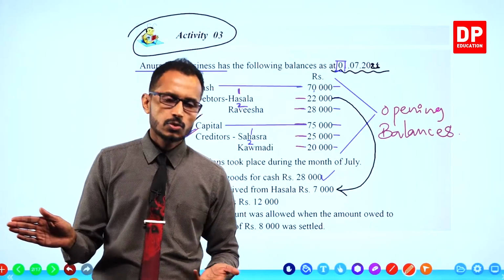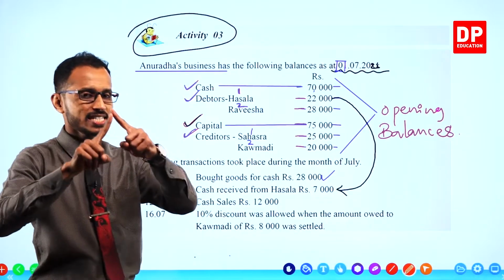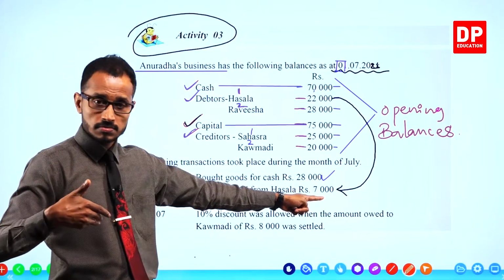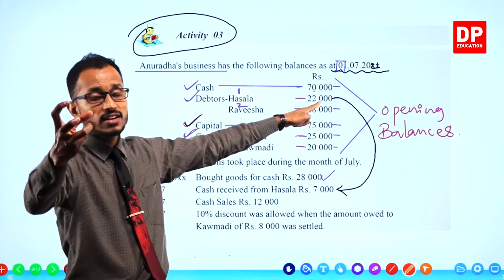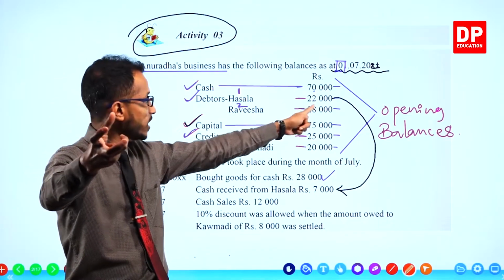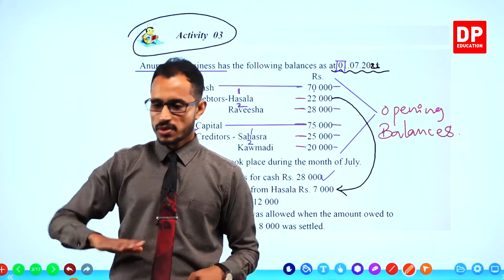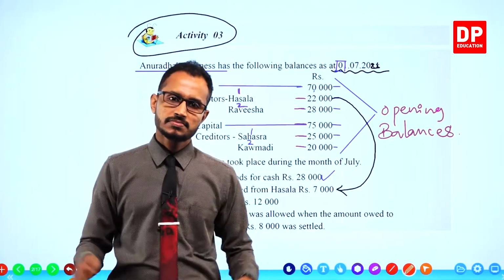Well, Hasala, who is a debtor to us, he is also an asset. When he pays us, Hasala's outstanding, the value that he has to pay us, is decreasing. So cash increasing, debit, debtor decreasing, credit. Hasala credit,